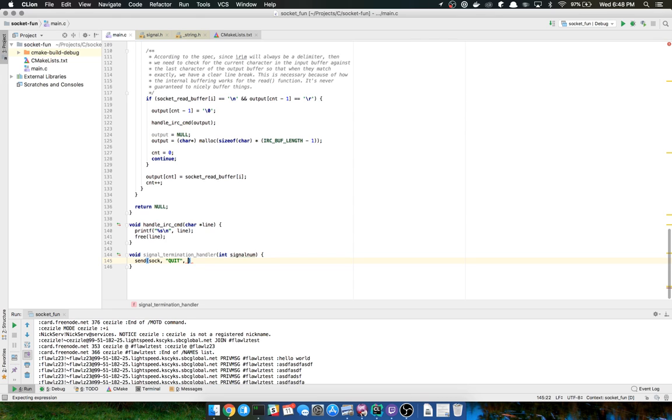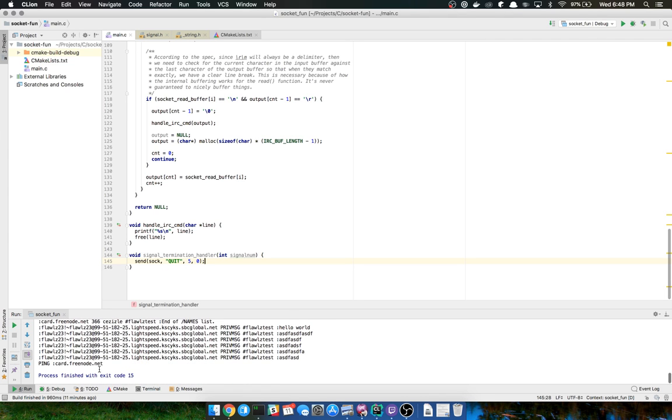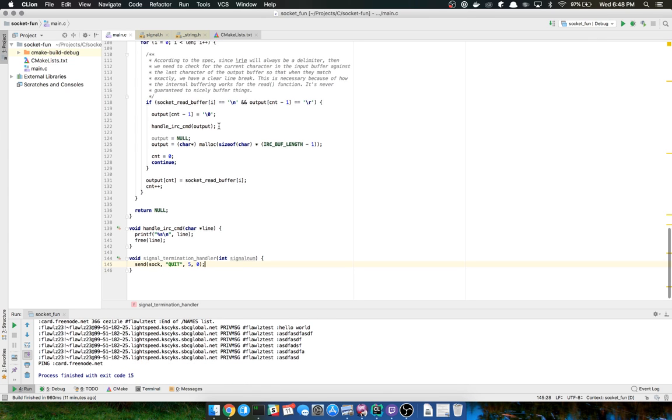And let's see here, the length of it is the character count plus 1. So 1, 2, 3, 4. So we're going to pass in 4 there. Well, plus 1, so 5. And then 0, right? So hopefully when we bind the handler, it will go ahead and send that. And we might be able to see that down here when it comes time for it.